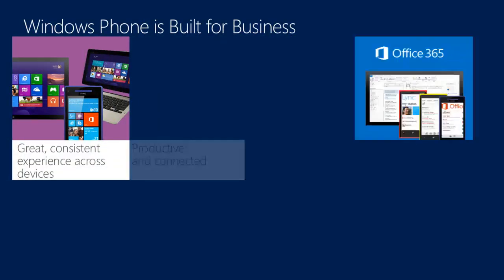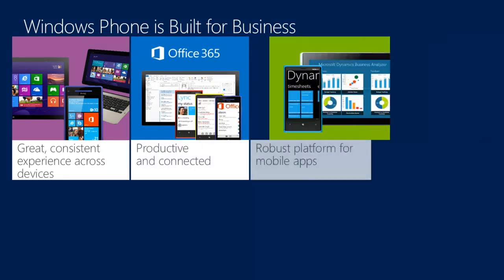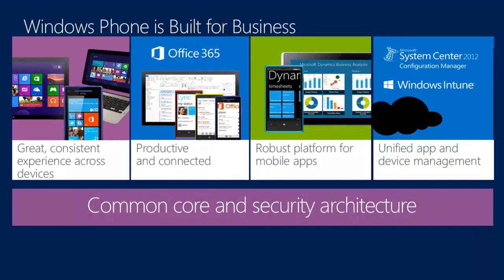So I'm really not going to harp on this. This is something we're showing in all our sessions because we want to reiterate it: Windows Phone is built for business. And really what this goes back to is the underpinning of Microsoft itself. What has the focus of Microsoft historically been? We focused on building ecosystems more than anything else, ecosystems in which our partners can thrive, in which we can thrive, and enterprise being one of those ecosystems. You can think of enterprise as an ecosystem.